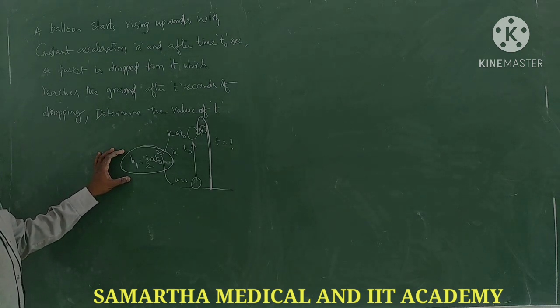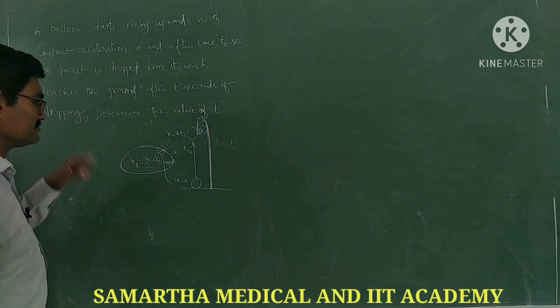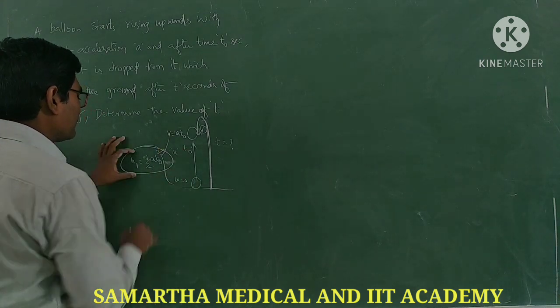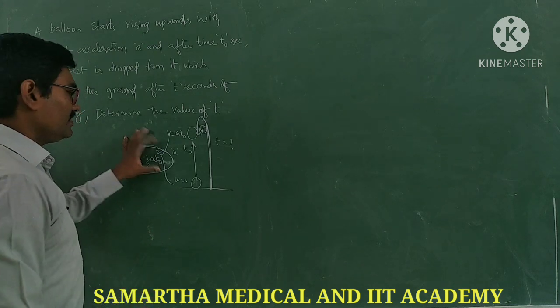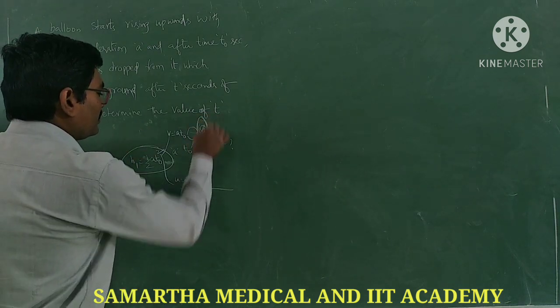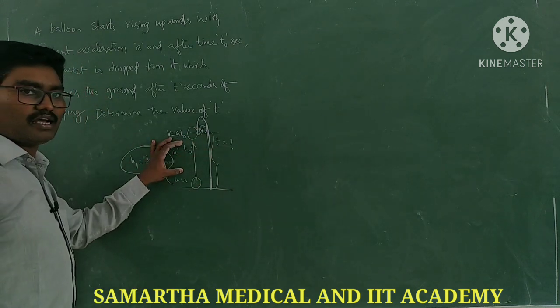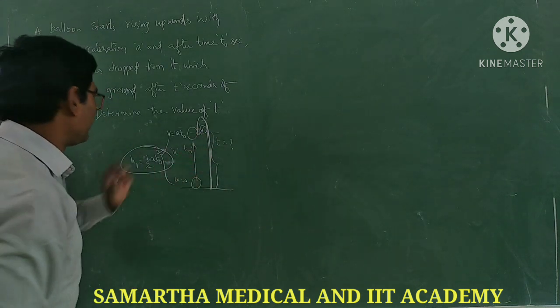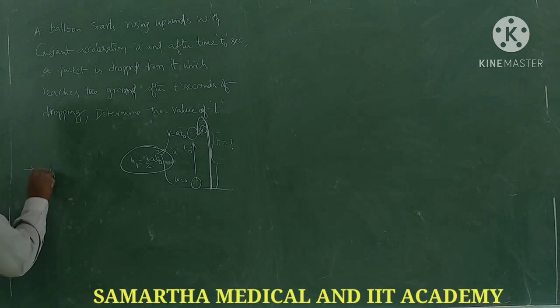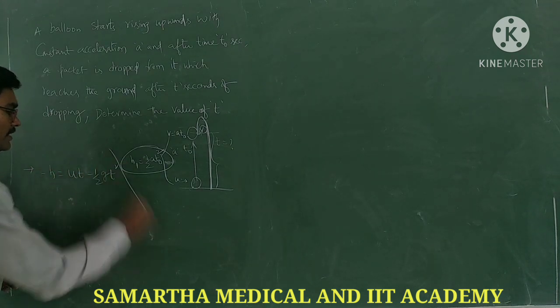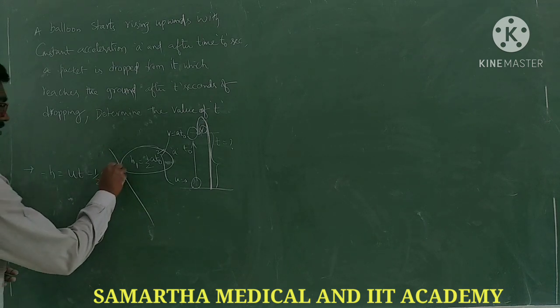Okay. So height of this is h1, equal to half a t naught square. So from here to here, net displacement will be equal to the height of the balloon. Now what is the time it takes? I need to calculate. So from here, minus h equals ut minus half gt square. Correct?